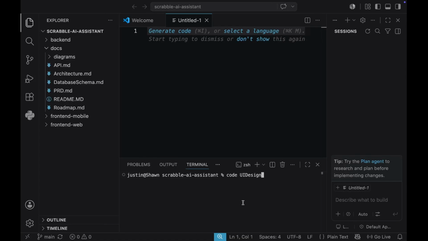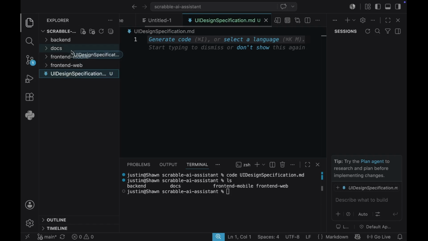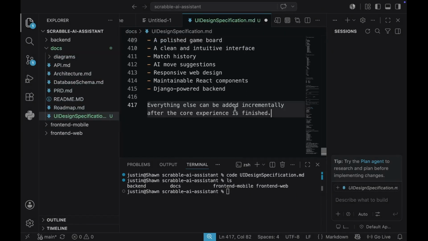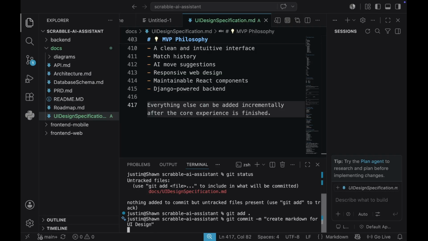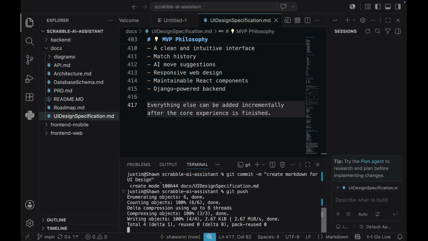We're gonna call this UI design specification.md, and we need to put it inside the docs. And if you have that, we have here our markdown. What's left is just to push these changes that we have done. Okay, so we created the markdown for our UI design, and we're gonna push this,